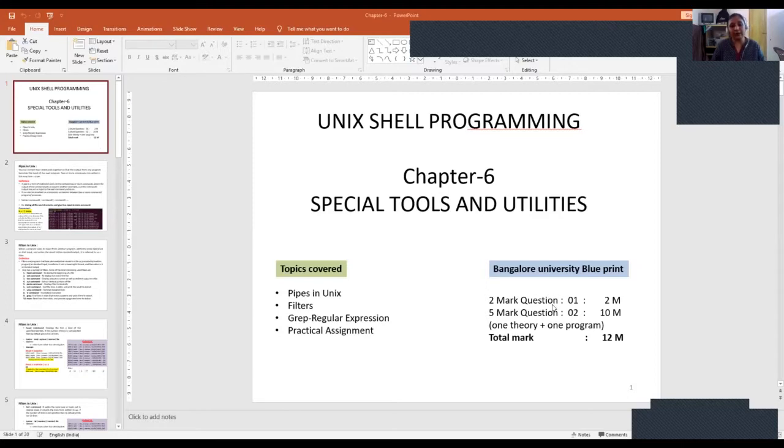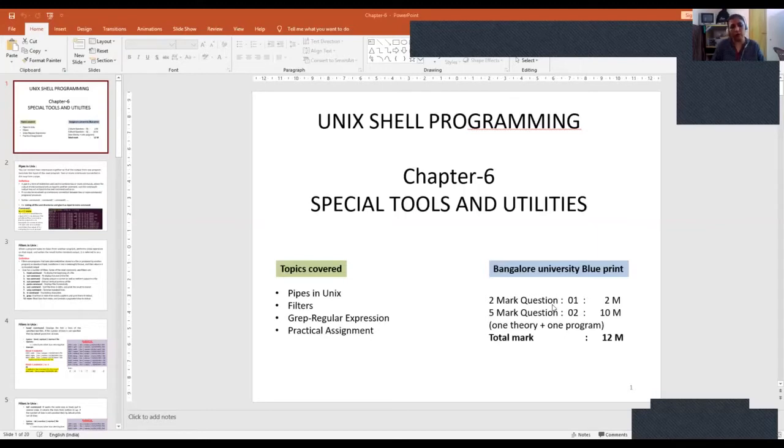And also filters is one concept. Filter, as the word says, means that you have to filter the required one. That means we have a set of data, but we don't want all the data to be displayed. We want only a specific data. For example, in a database, I want to display only student register number, name, and percentage. I don't want any other details like father name, mother name, occupation, and all those things. So in that case, I'm filtering the required data from a set of huge data. So there we use filters.